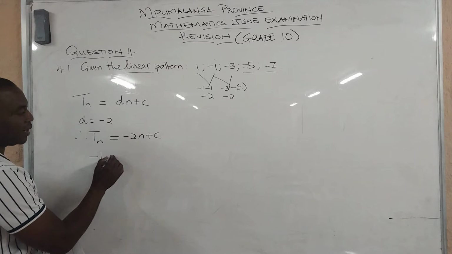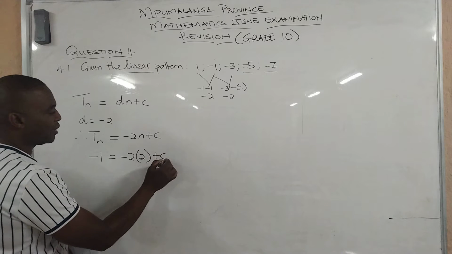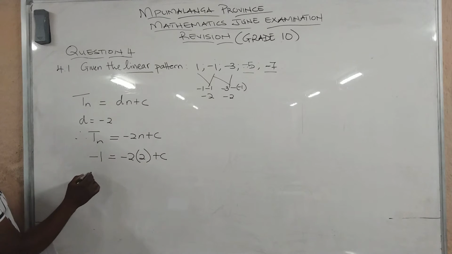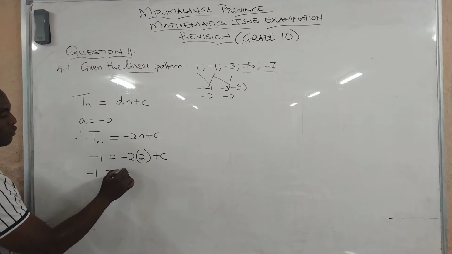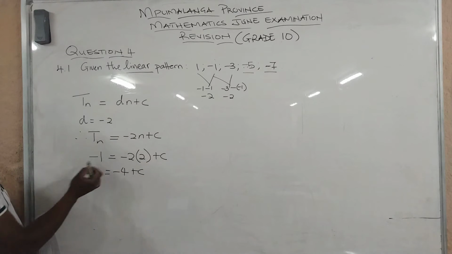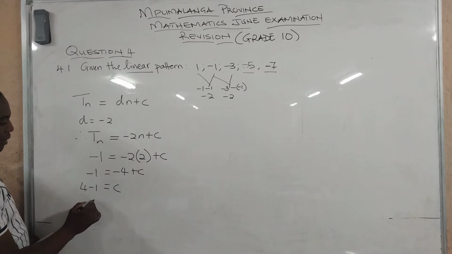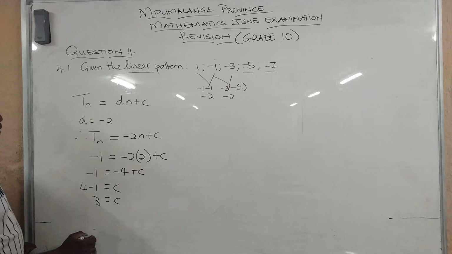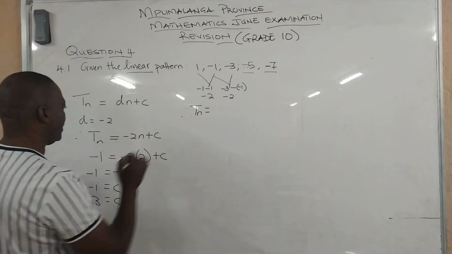We get this term when n is 2. And then let's solve for C, that is -1 is equal to -4 plus C. Taking the -4 to this side, it will be 4 minus 1 is equal to C, that is 3 is equal to C. So we are saying, therefore, Tn is equal to